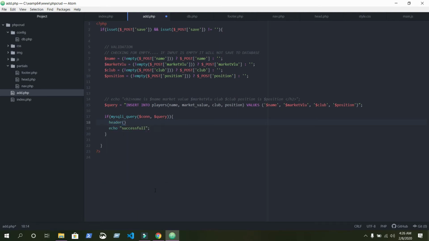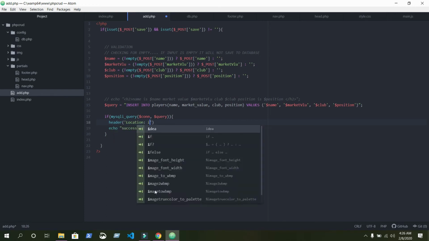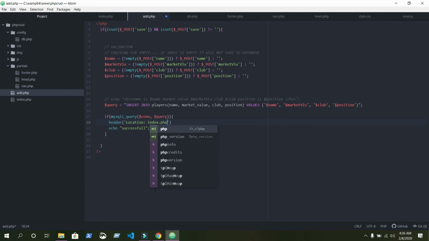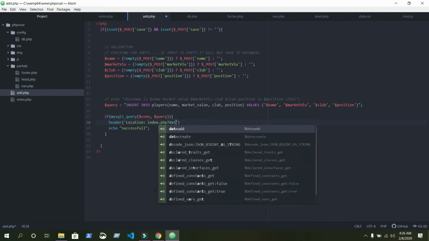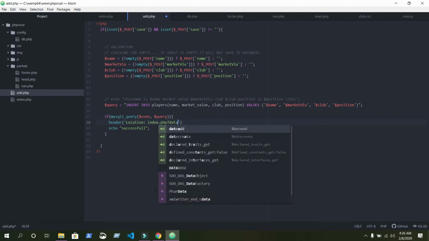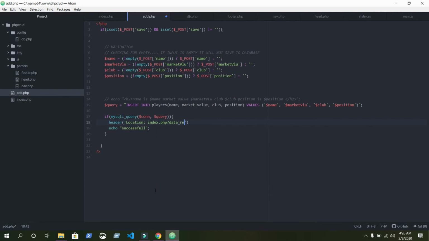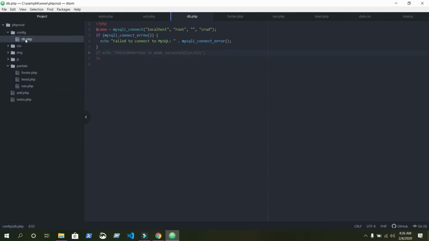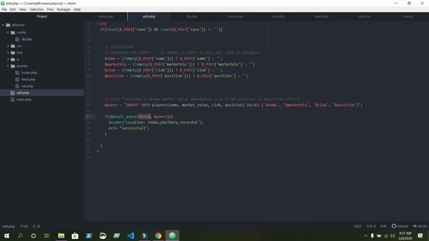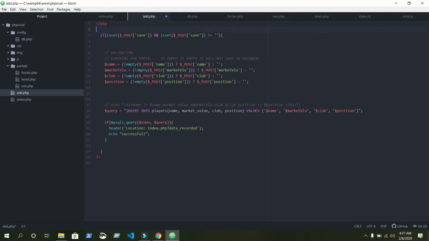Header location colon index.php question mark data is data recorded. Where is this connection coming from? This connection is coming from this db, so we need to include this db at the beginning of our PHP code. So just write